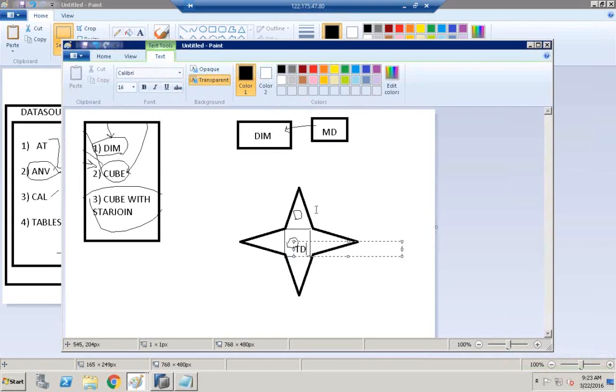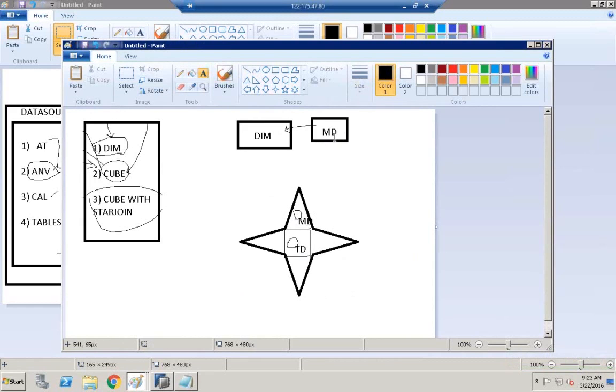We have transaction data over here and you have master data over here. To design this master data, like company code, customer, material, time, there are two ways in HANA. There are two ways. One is